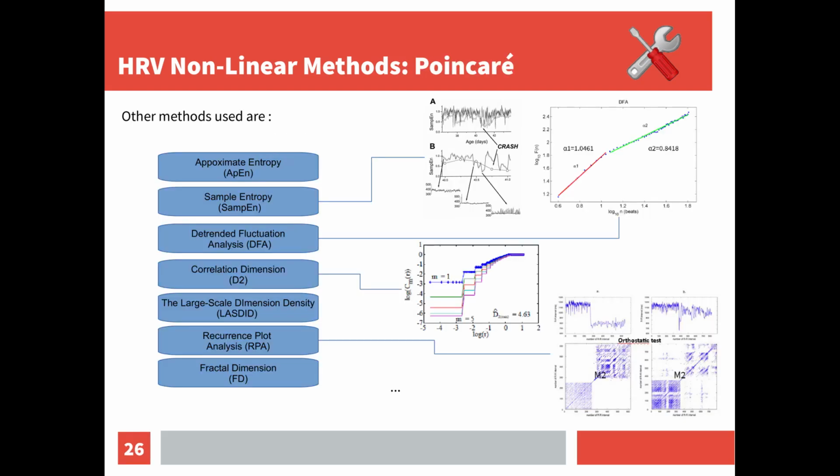Heart rate variability. Nonlinear methods provide insights into autonomic nervous system dynamics. Key techniques include Poincare plots, approximate entropy, sample entropy, and detrended fluctuation analysis. Correlation dimension and recurrence plot analysis reveal complex patterns, while fractal dimension and large-scale dimension density offer a deeper understanding